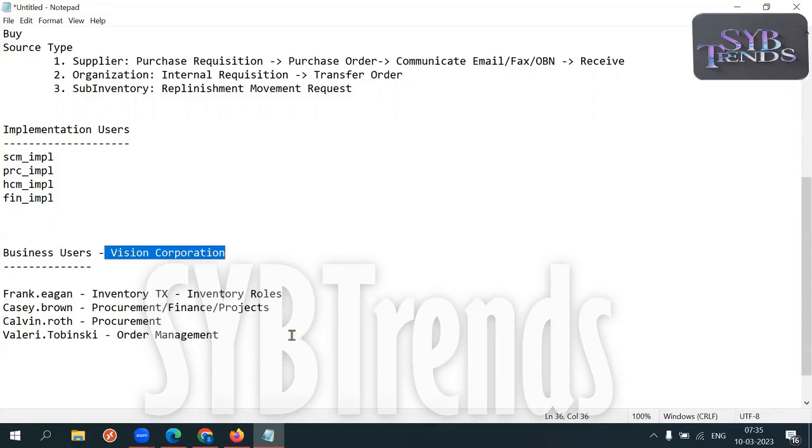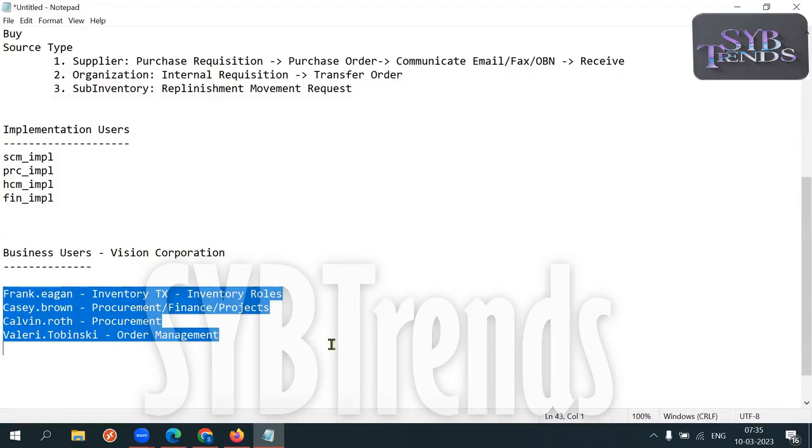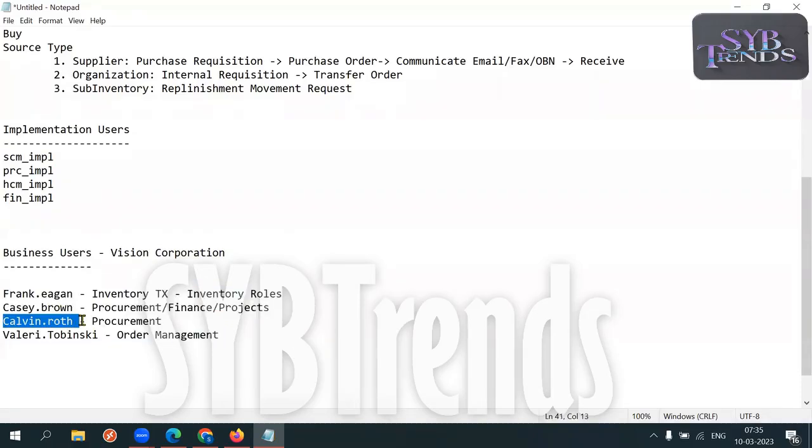And now here these people are going to coordinate with each other. How do they coordinate with each other? Suppose Kelvin Roth creates a PO here, the stock has to be received by whom? Inventory people. Correct? Payment has to be done by whom? Finance people. Right? So for one transaction, different people are going to coordinate in the application,